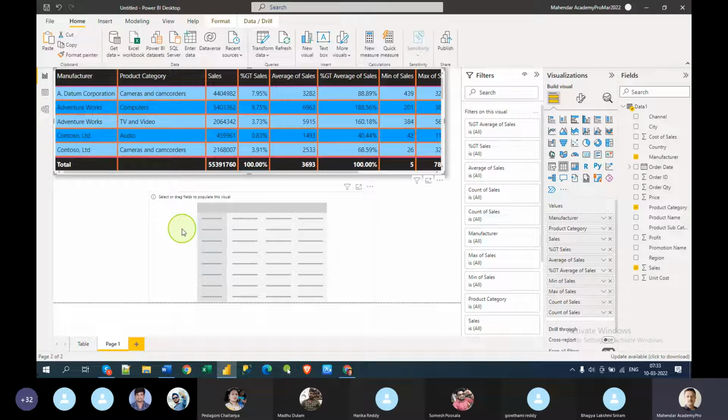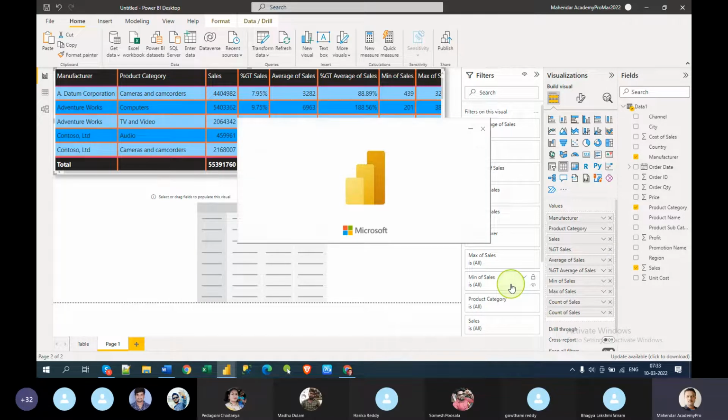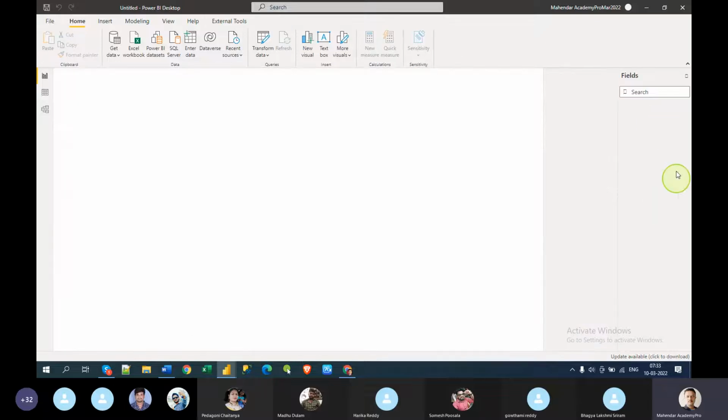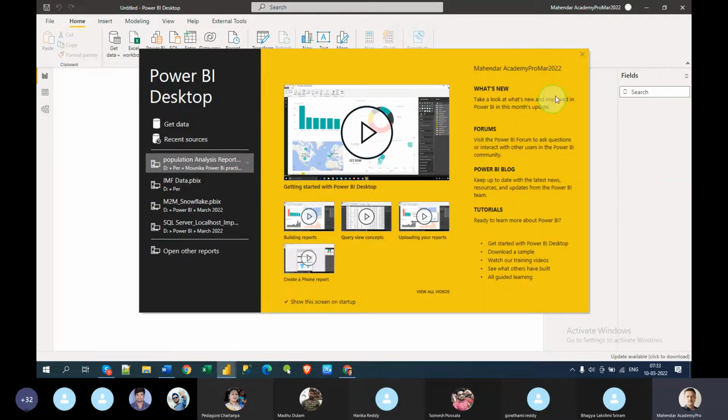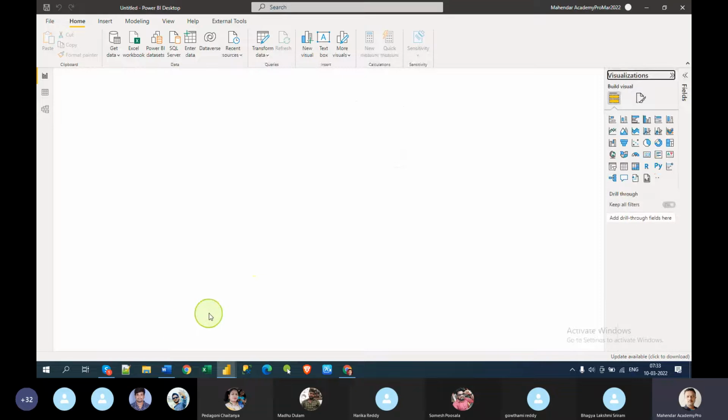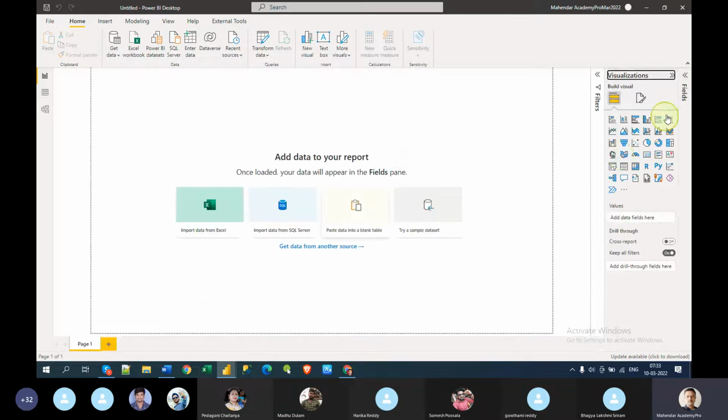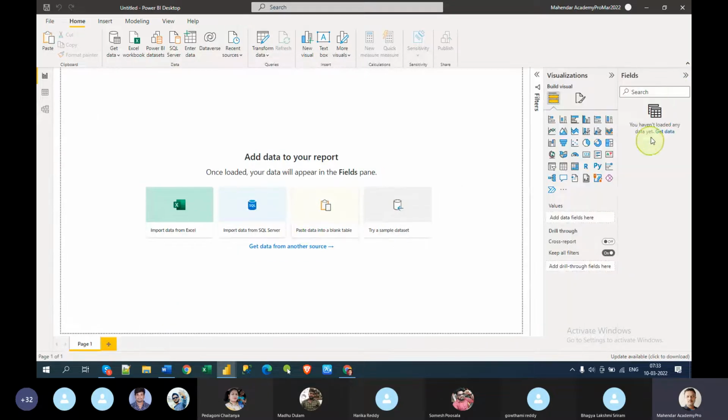We can even copy from one PBIX file to another PBIX file also. Let me show you. I can create an empty PBIX file and I can copy all the visuals simply, and they can migrate there. But the thing is, it should have a data set. If not, then it will fail. I will tell you. Now you see it's empty and there are no fields at all, right?